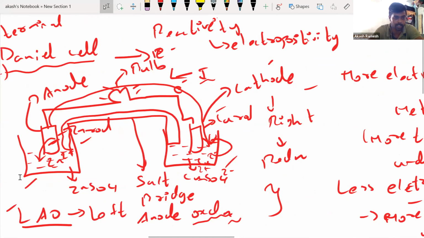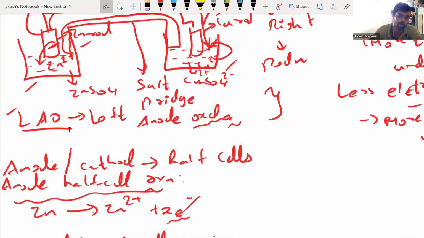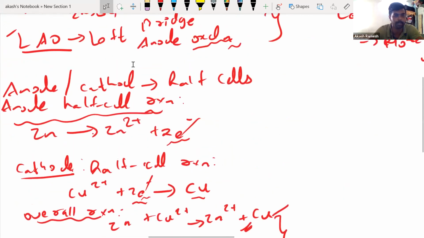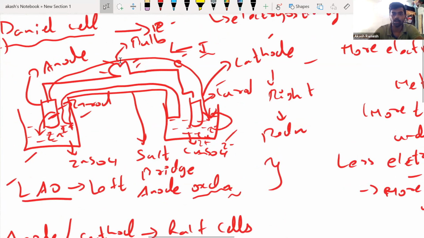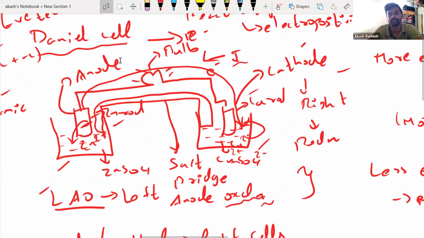What is the role of the salt bridge? How is the electron transferred from this side to this side? What is the anode reaction? What is the cathode reaction? What is the overall reaction? All these things we understood, and we understood that the bulb is going to glow. Now, if you want to measure the potential developed,